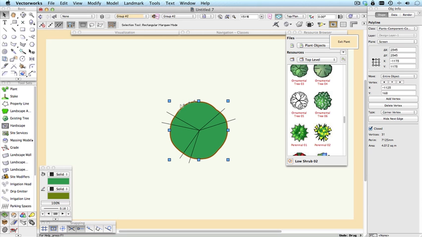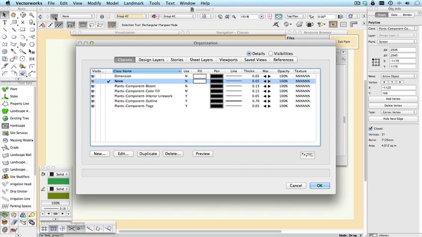Now while we're in here, let's just look at the classes. I can come up here and click this button here. That will open the classes dialog, and you'll see that some of the classes have a Y beside them. Y means that it's using the graphic attributes of the class. In other words, the class is controlling the look of the object rather than the settings here in the attributes palette. The one we are interested in is the outline,